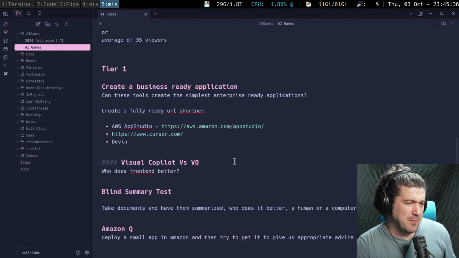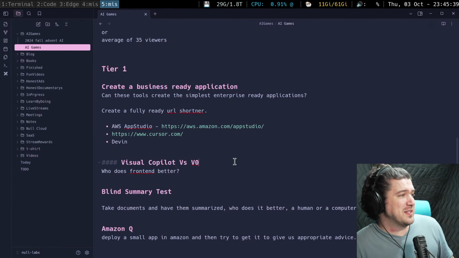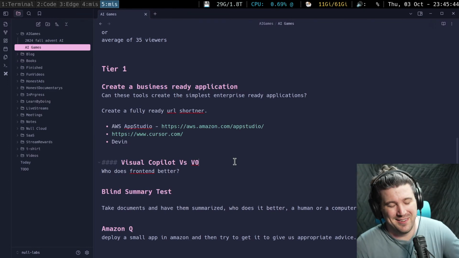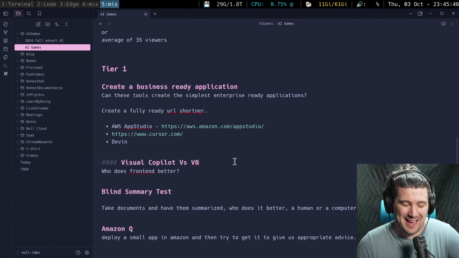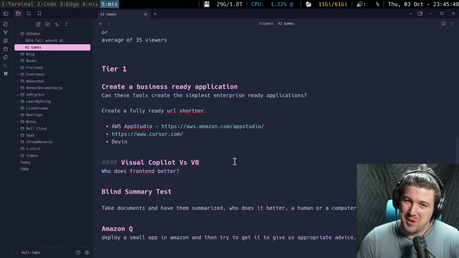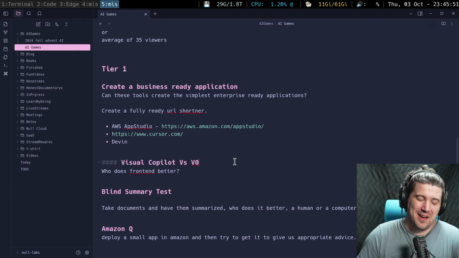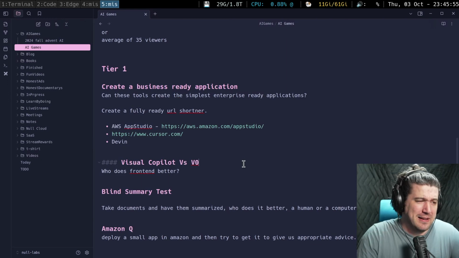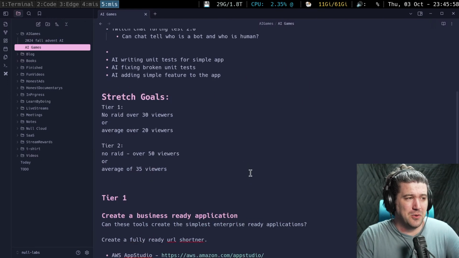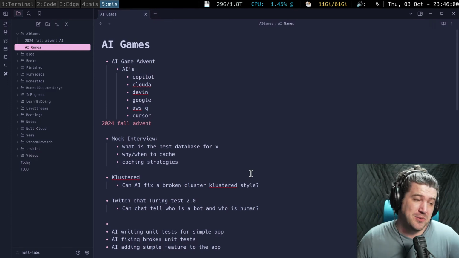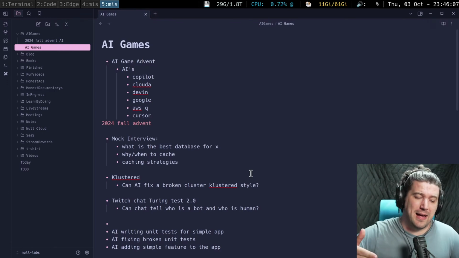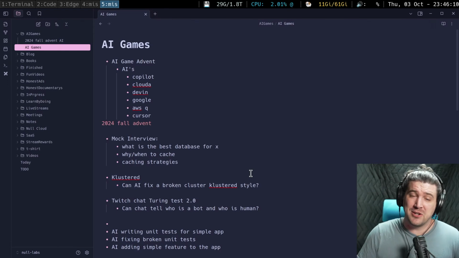All right. So what is the premise of the games you're creating? So the premise of the games was we actually wanted to have these AIs battle each other, that was the original premise. That's why it was the AI games. That became more difficult. And so what we try to do now is judge their capabilities as they are now, as well as come up with the best way to actually utilize them.